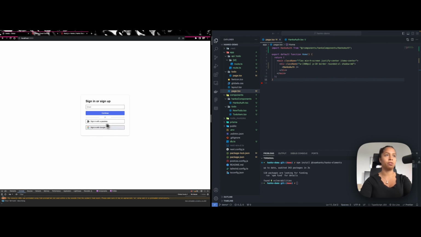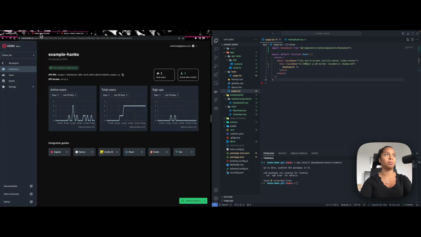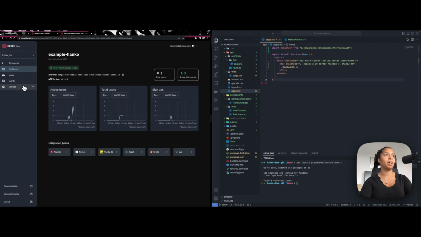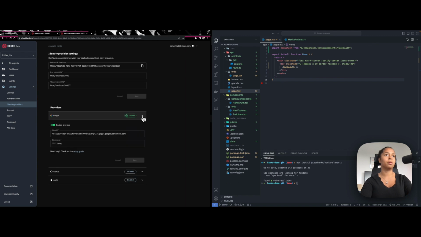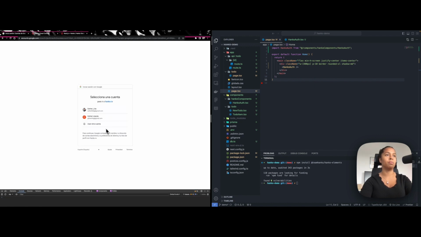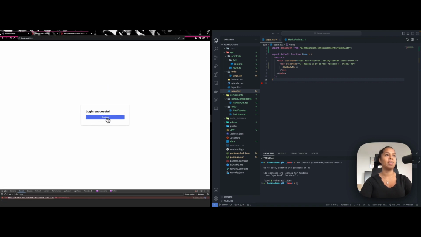I configured some things in my cloud. In my cloud dashboard, I went through the settings, and in identity providers, I enabled Google. I could do the same with GitHub or Apple, but I wanted to have a bit of options to show you guys what you could play with. So yeah, I could log in with Google, one of my accounts. Successful. And it will then, will it? Oh, of course,